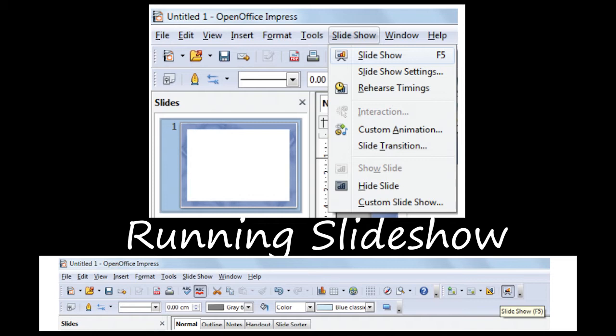Or you can use arrow keys on the keyboard to go to the next slide. To go to the previous slide you can click the back arrow key, that is the previous up arrow key. And next, you can click the mouse button also to get to the next slide, or you can press the space bar on the keyboard to move to the next slide, okay?